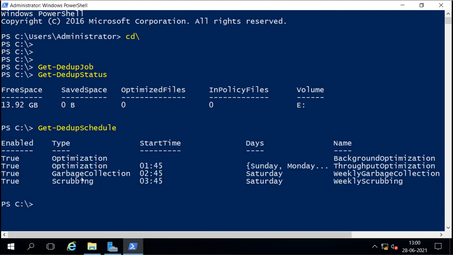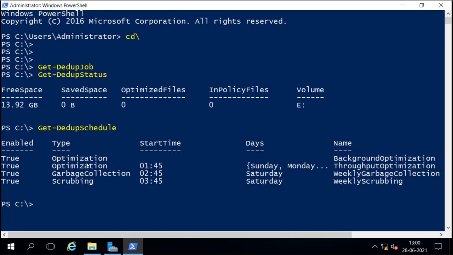So on this time, on this date, it is going to do these things. First, on Sunday, Monday, Tuesday, every day, it will do the throughput optimization. By default it will run background optimization, and then it will run the throughput optimization on these days.